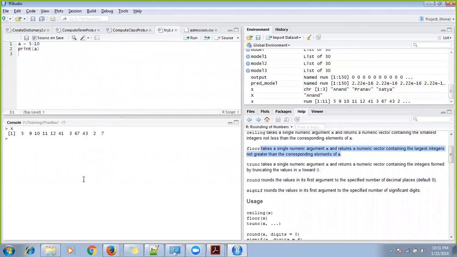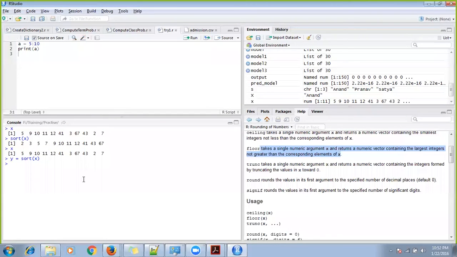If you want to sort X, just say sort of X. It will sort the numbers in ascending order, but it will not change X. If I type X again, it is the same thing. The sort function is not sorting and assigning it to X. If you want to assign it, let's say I create another vector Y and I assign sort of X.